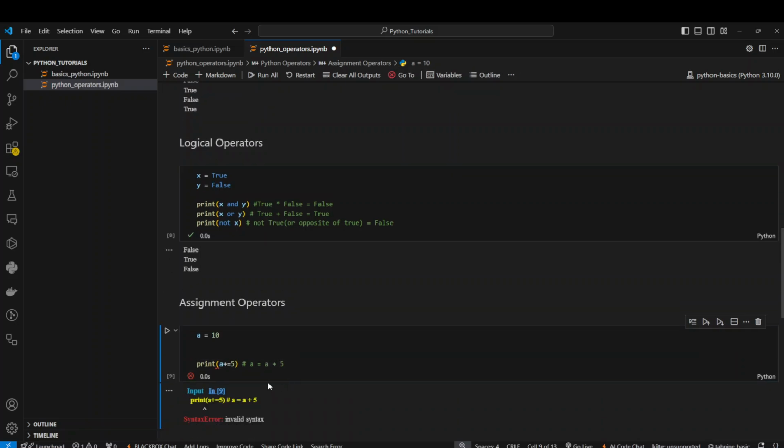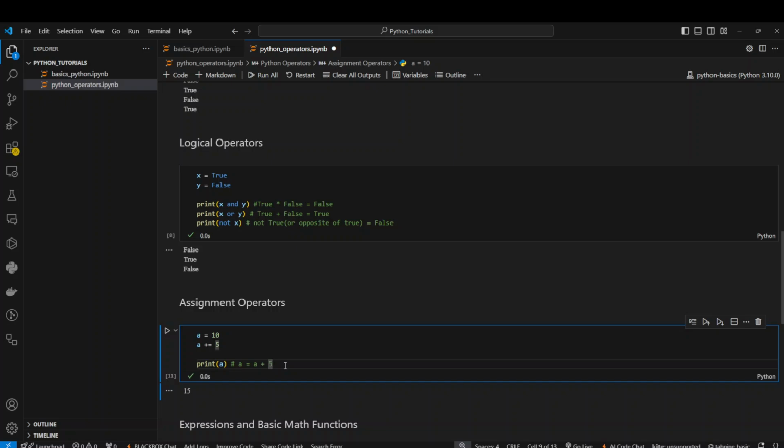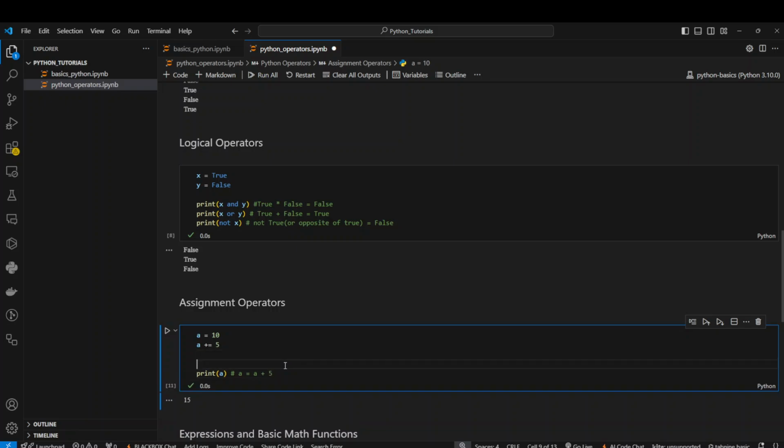Oh, there is a space required. Okay, my bad, sorry. So you can see that has incremented the value. So it can be used for incremental purpose. When we discuss loops, you would be able to understand why these assignment operators are important over there. Now suppose if I want to subtract anything, I can have it like this,